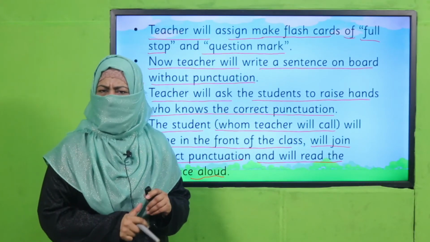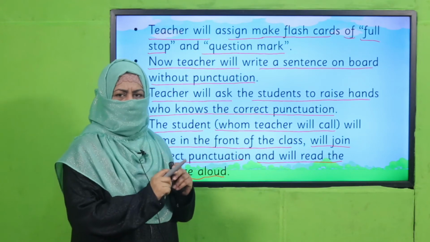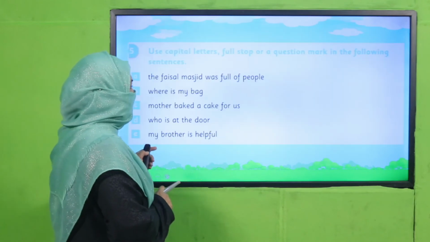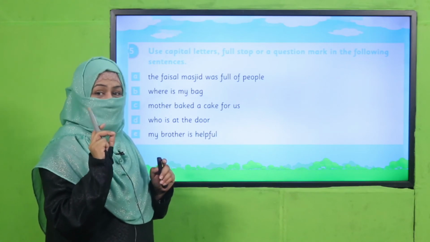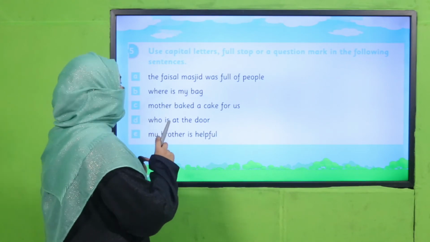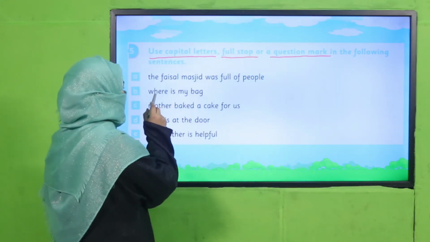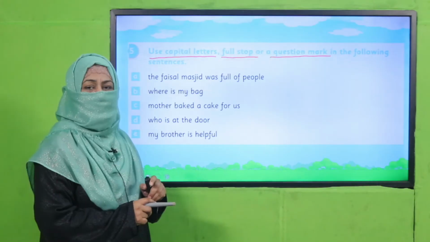Yes, my dear students, are you done with it? Good job. Now all of you are clear with the concept of full stop and question mark. And capital letter, where do we use? At the beginning of the sentence. The first letter of the sentence is always capital. And what is the second use? A particular naming word. Okay. So by keeping these rules in your mind, you will use capital letters, full stop and question mark in the following sentences. You will read it, and wherever you think this letter should be capital, just capitalize it. And by the end of sentence, you have to put full stop or question mark according to sentence, right? Pause the video, complete this exercise in your book and then come back.